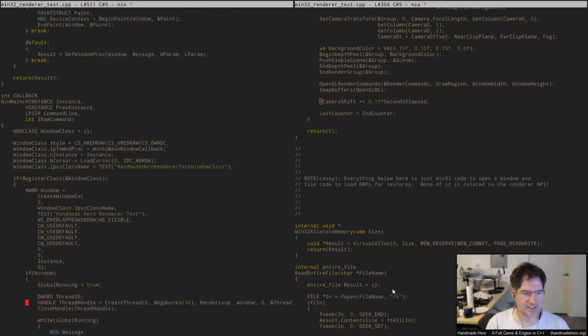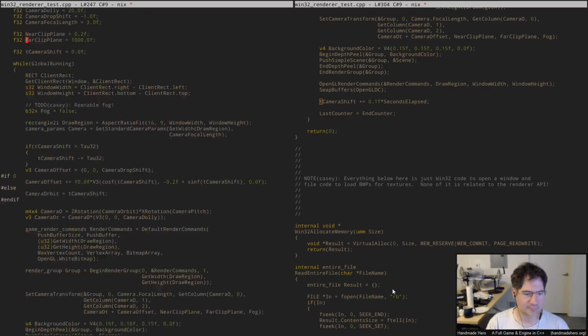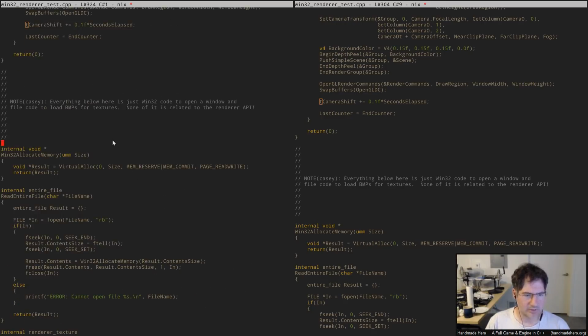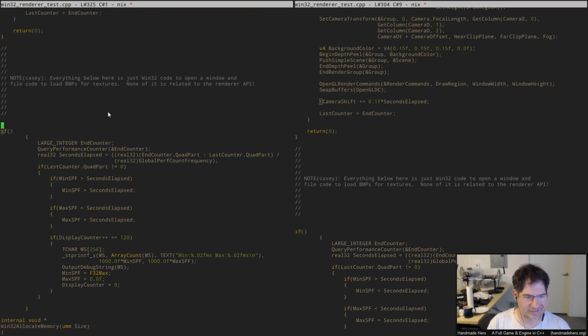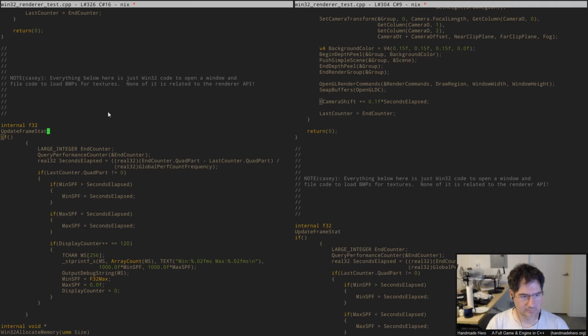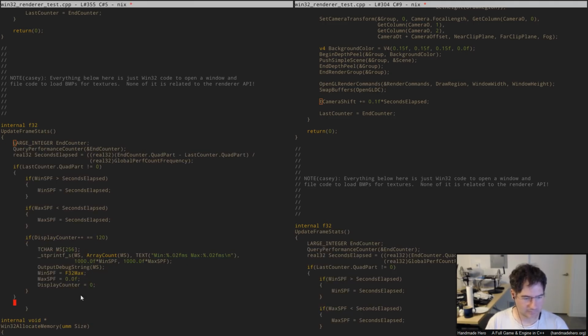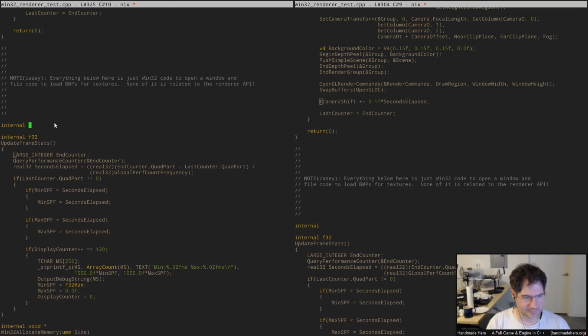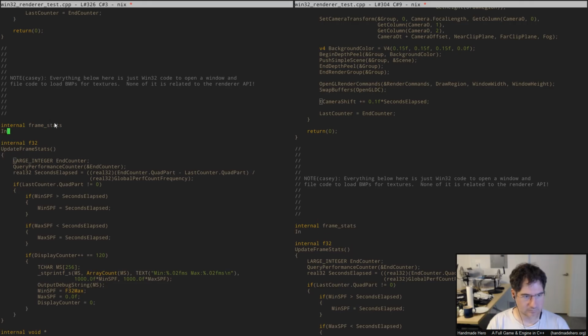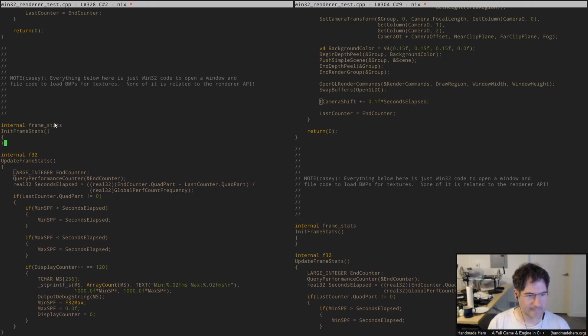So basically in here, we'll have a thing that would handle those stats. So this is like every frame, and we'd have an init version. And so